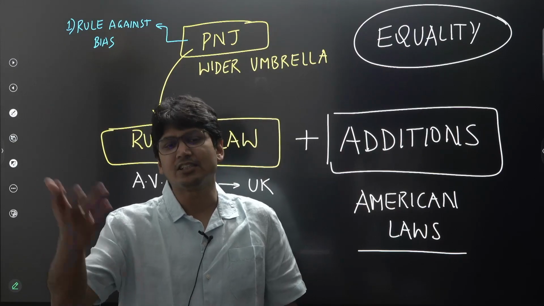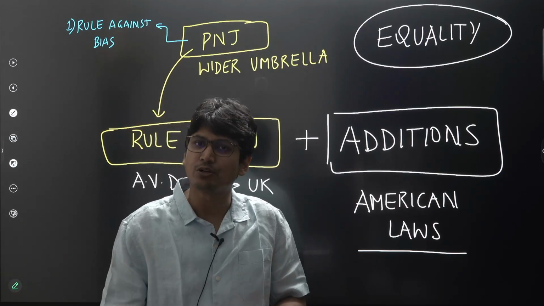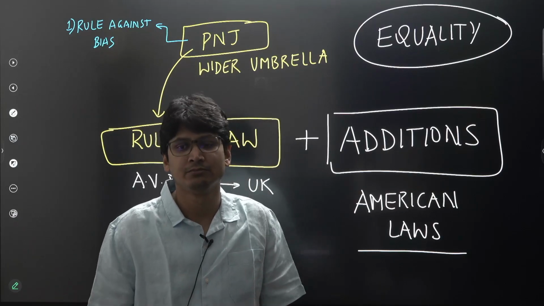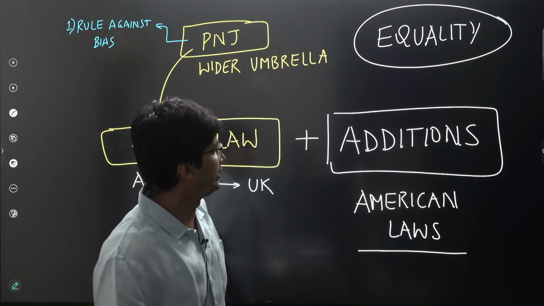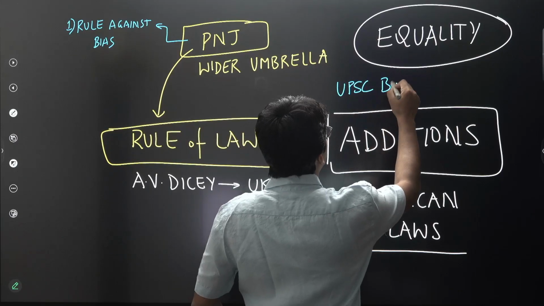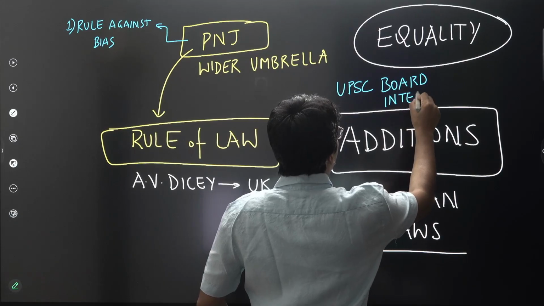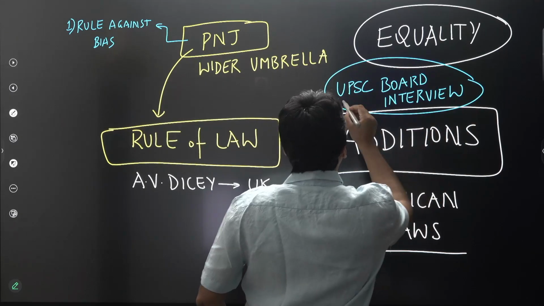So there are various aspects of rule against bias. Someone can be biased based on financial aspects, blood relation. Suppose, let's say there is a UPSC board for interview. UPSC board for interview, okay? And in this board, one of the members